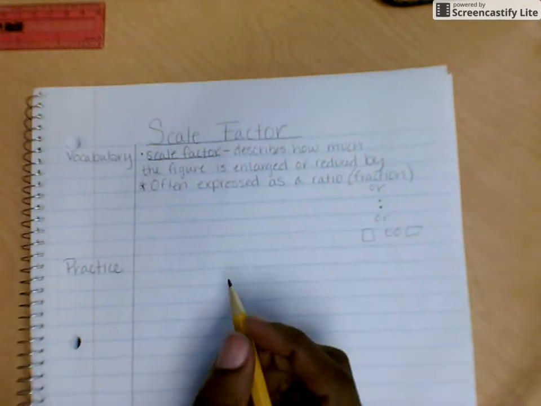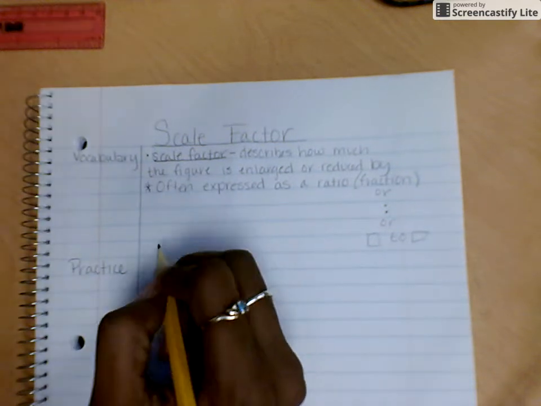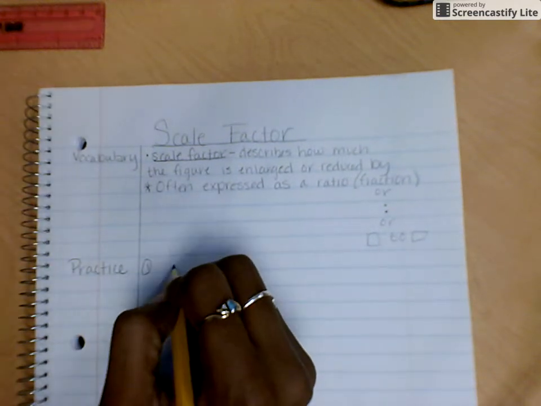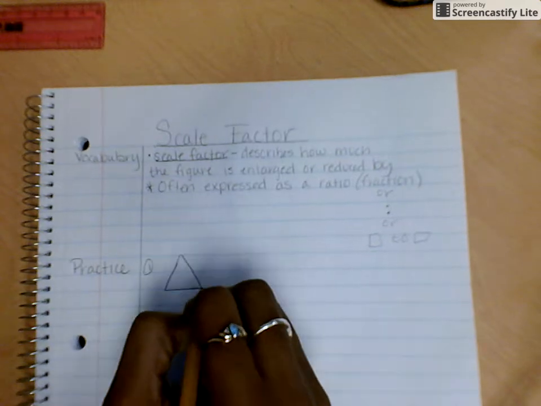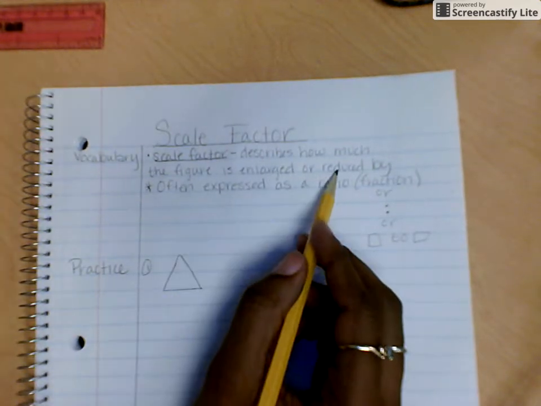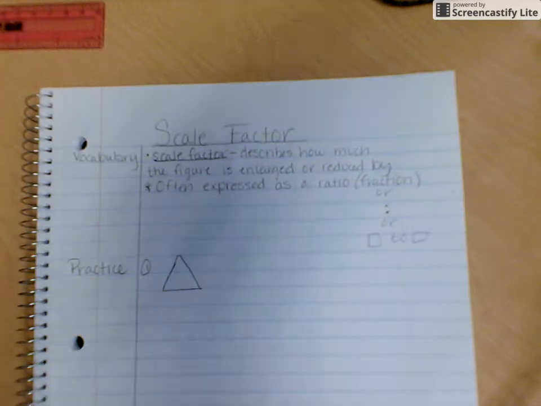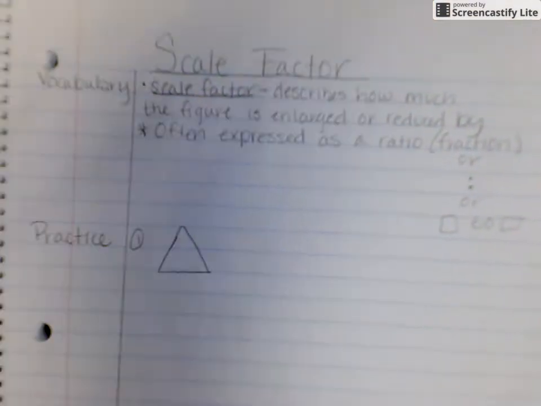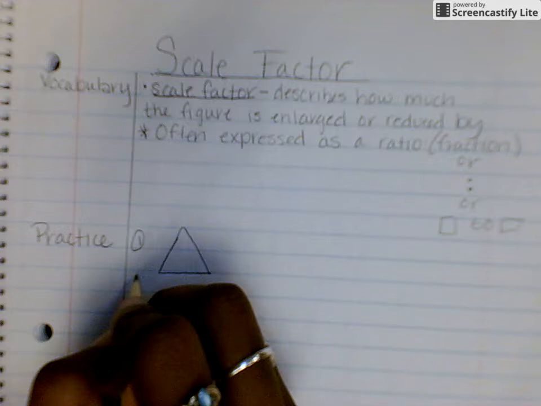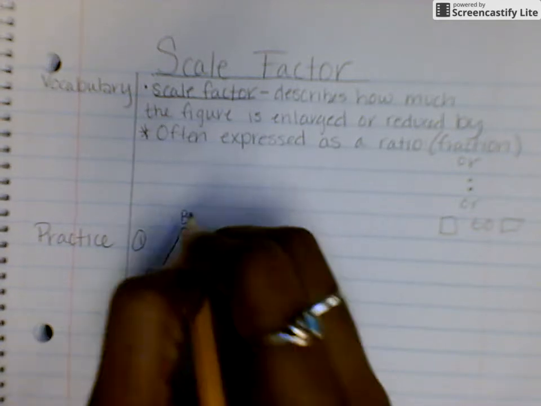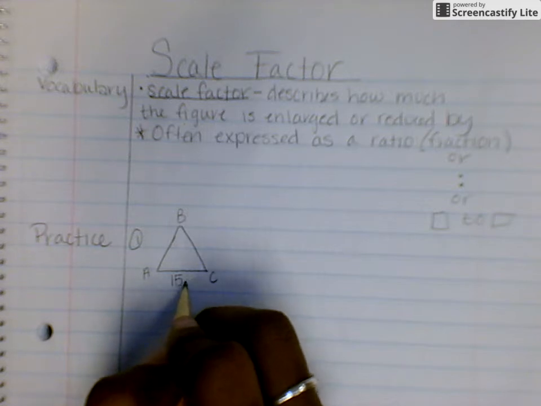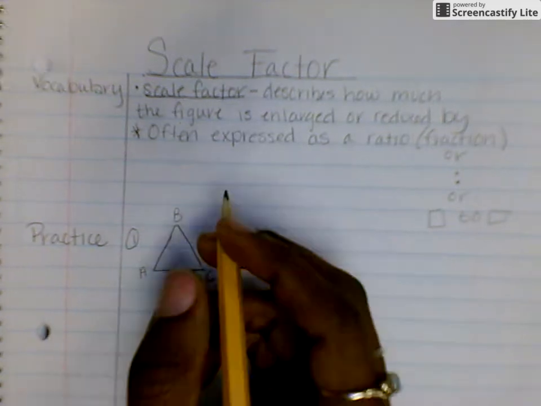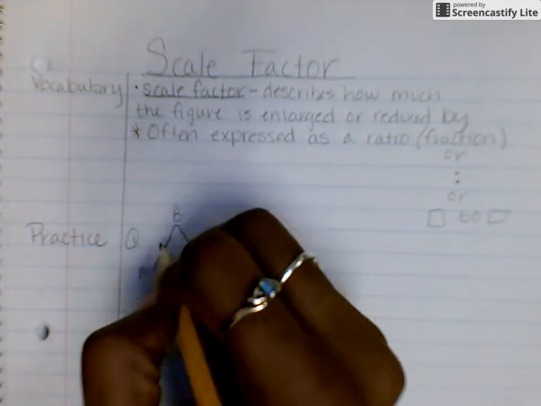So let's get into some practice. A scale factor says, hey, something started off this size and was either enlarged or reduced by a certain number. So I'm going to zoom in a little bit. We have a triangle that is A, B, C, correct? And if I say that the length of AC is 15 inches and the length of AB is 10 inches,